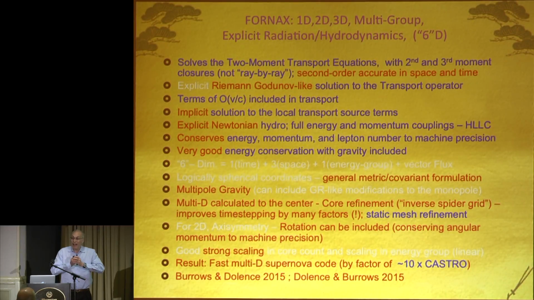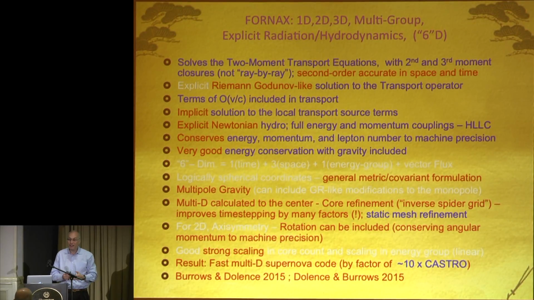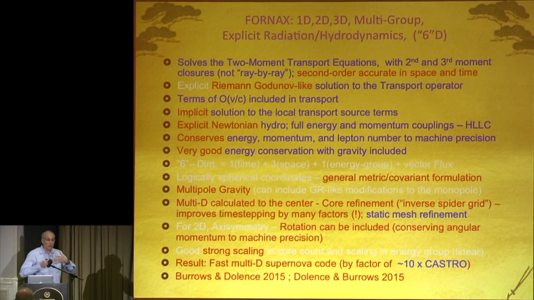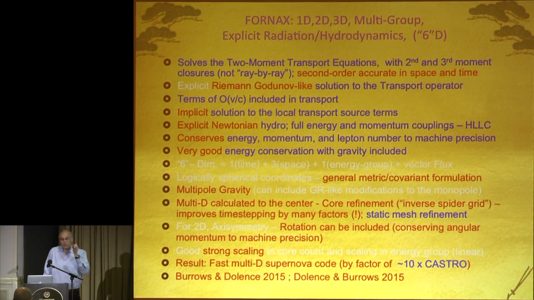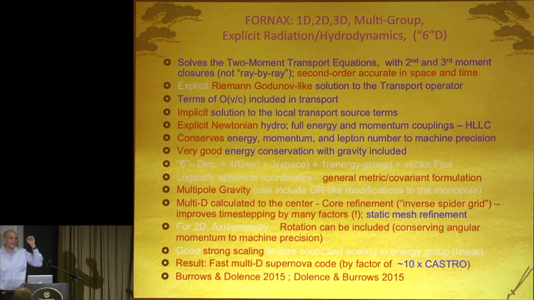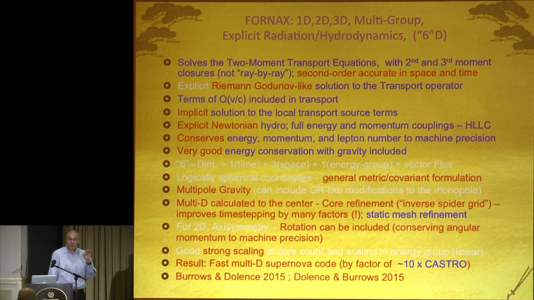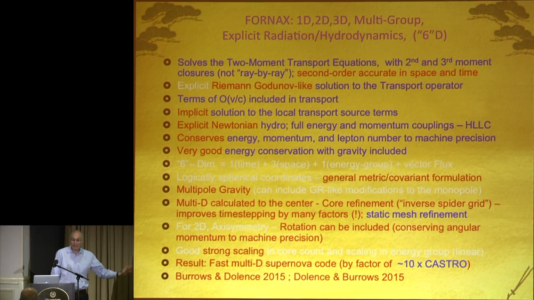When you do domain decomposition, you have to communicate all through the computational domain to get the solution at any particular point. That puts a real strain on the message passing and the communication that's required for doing things implicitly. But it turns out in this problem you could do everything explicitly, because the speed of sound and the speed of light are close in the center. We're already limited by the speed of sound in the center by the Courant condition. Again, this is technical stuff, but I just want to give the basics. And so we can actually do the calculations explicitly without the massive communication overhead.